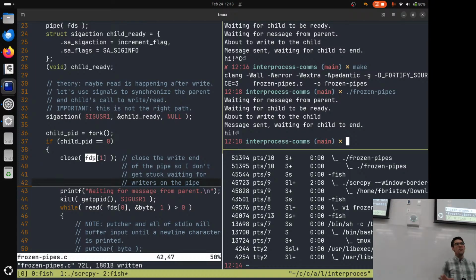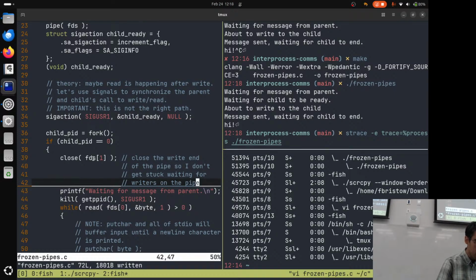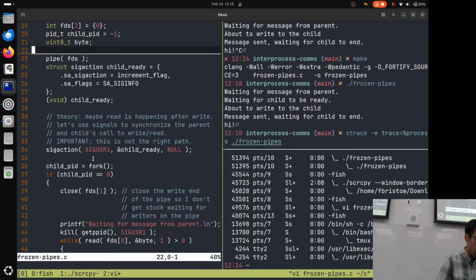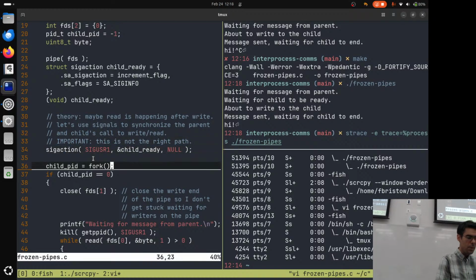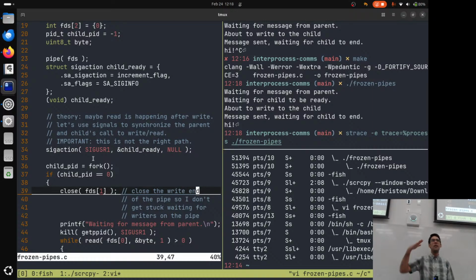This is super finicky because we have to call pipe here on line 23. We must call it before we can call fork so that these 2 things can be connected to each other. It gets really finicky because if you don't close the write end of the pipe in the child process, we're going to get stuck because somebody somewhere could possibly write to this thing. So I'll post a version of this code up on the course webpage.